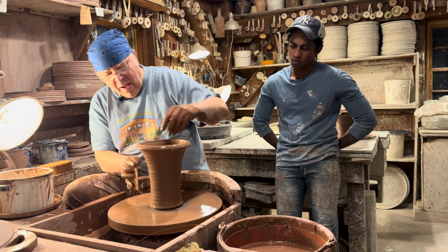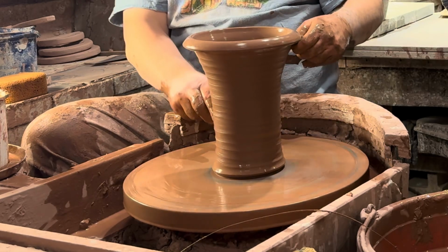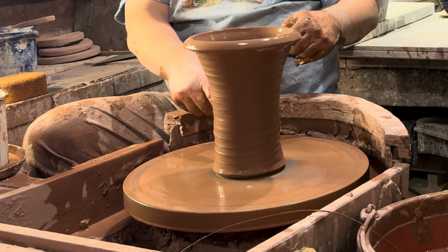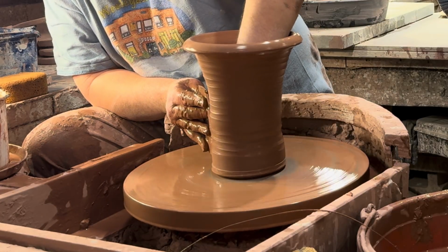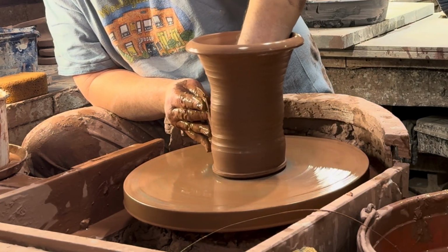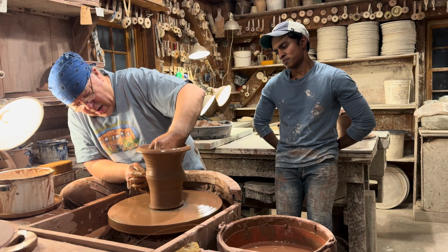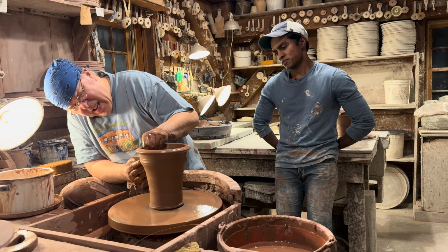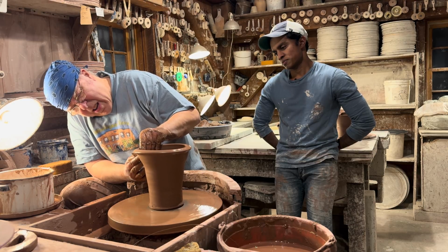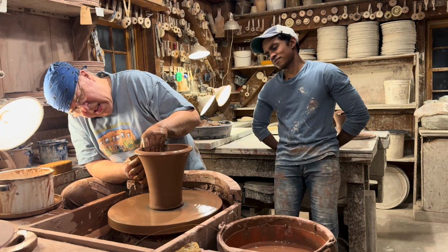That's already a beautiful shape. Yeah, and if you were looking at a 12th century pot from England, it would just be like that. They wouldn't refine the outer shape. When you get into the Renaissance, that's when you start getting this kind of more compressing the line and pulling it out. So here we have